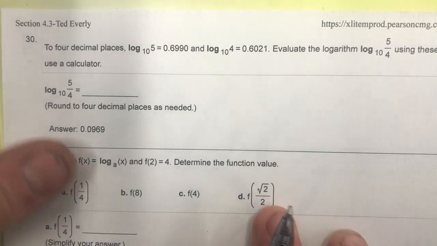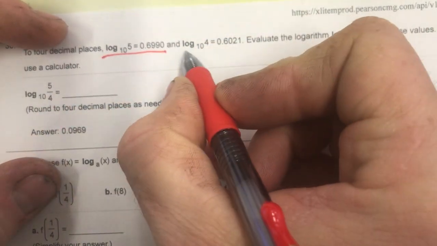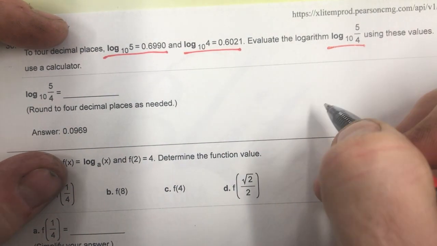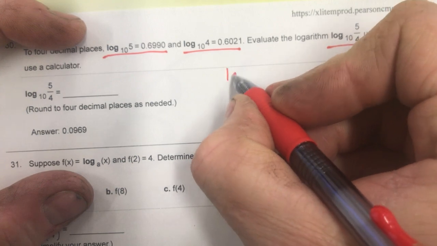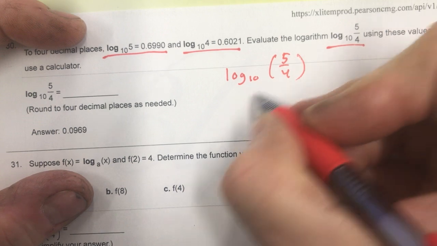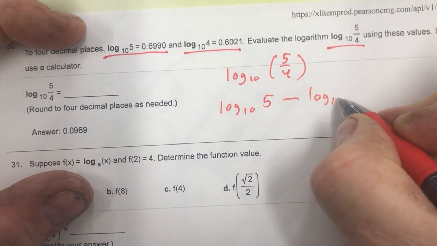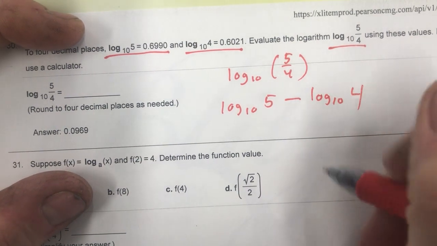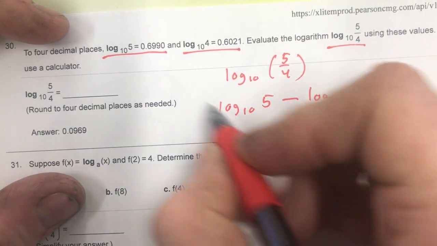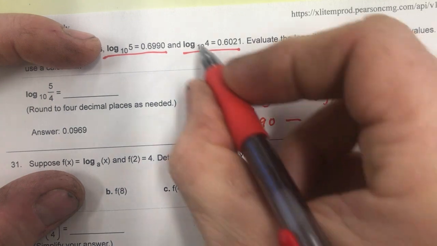Number 30, we're almost done. To 4 decimal places, log base 10 of 5 is this, log base 10 of 4 is that. Evaluate the logarithm log base 10 of 5/4. All right, so log base 10 of 5/4 is going to be log base 10 of 5 minus log base 10 of 4. Okay, because we're dividing those, so we're going to subtract. All right, so it says log base 10 of 5 is 0.6990 minus log base 10 of 4 is